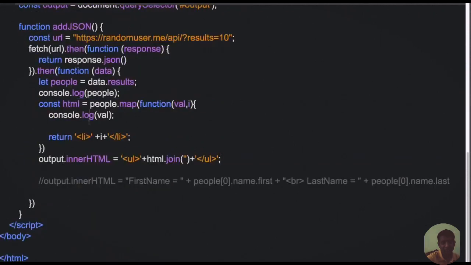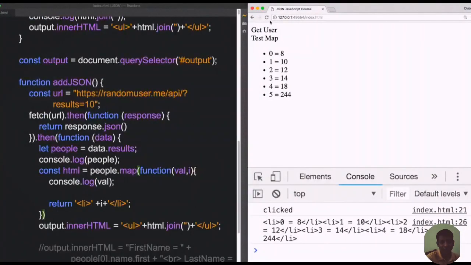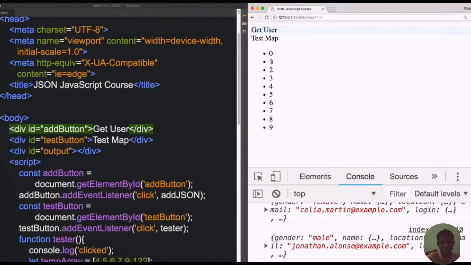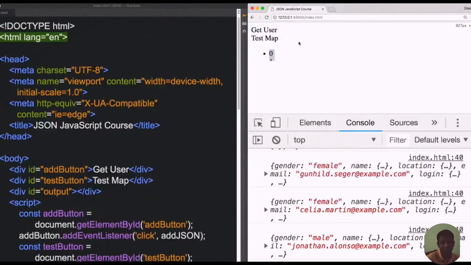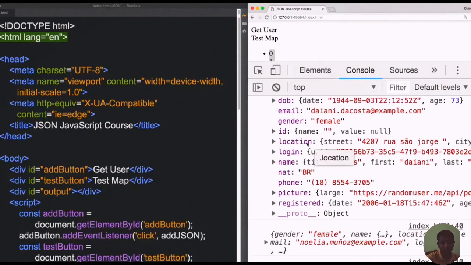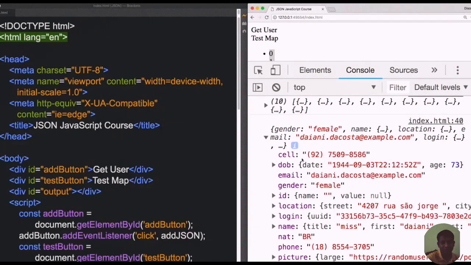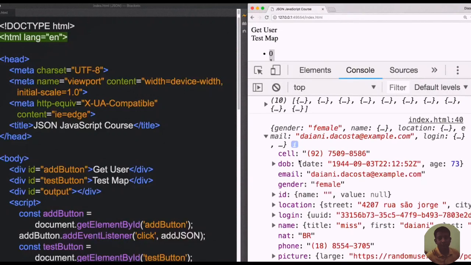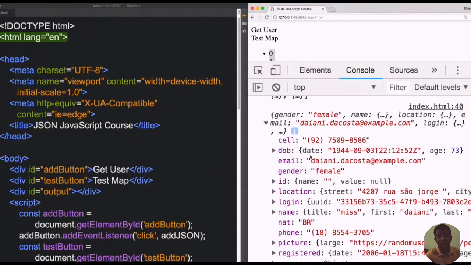So we're going to take that HTML, join it together, and we should have some type of output. So let's try that out. So get user. We get all of the index values from the user, and you can see within the console log, we're logging out all of this data. Now this is the chance to try out and work with JSON again and go through this JSON object, an array with the objects inside of it,